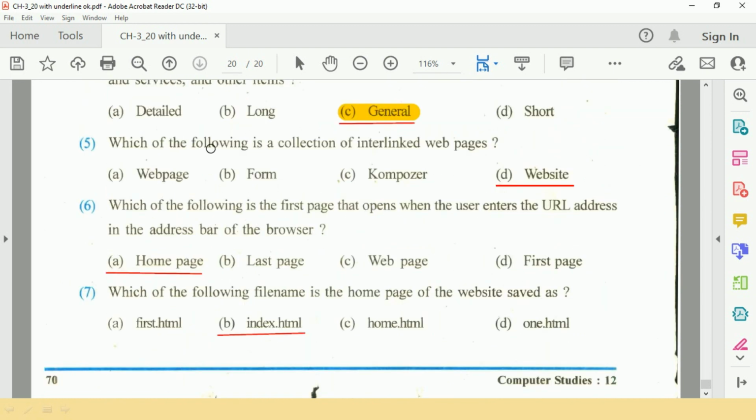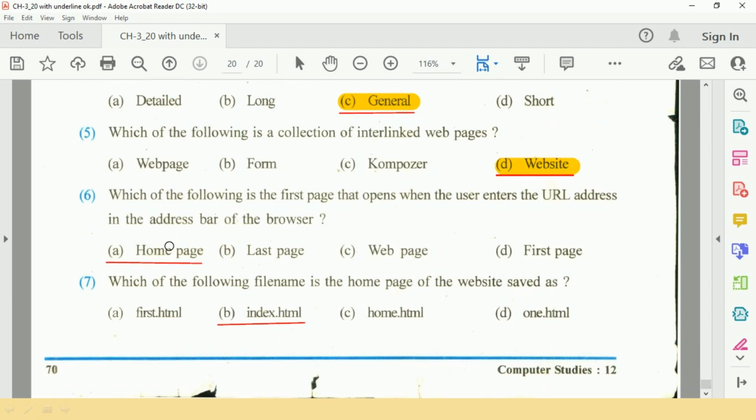Question number 5 is, which of the following is a collection of interlinked web pages? That is website. Question number 6 is, which of the following is the first page that opens when the user enters the URL address in the address bar of the web browser? That is the home page.